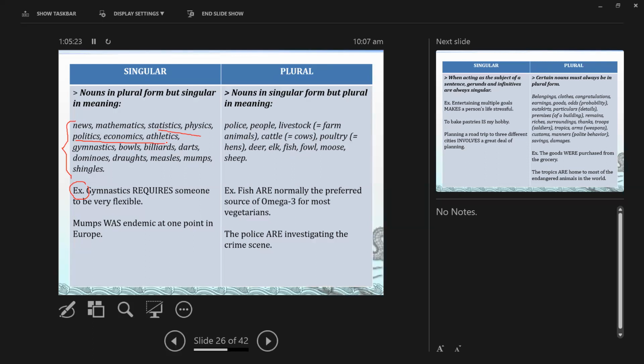Yes? May answer ka? Billiard ba yung word? Billiards? Ito ba yung pinili mo? Wait, let me check. Okay. I play billiards every day. Yeah, this is a correct sentence. I play billiards every day. Tingnan mo ba yung sabihin, I play billiard? Billiards is a noun that is automatically spelled with an S, even though it's singular.